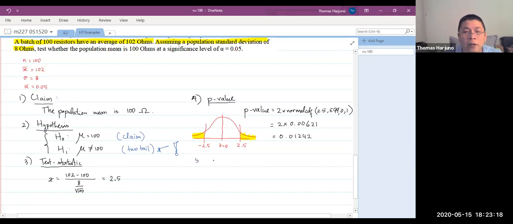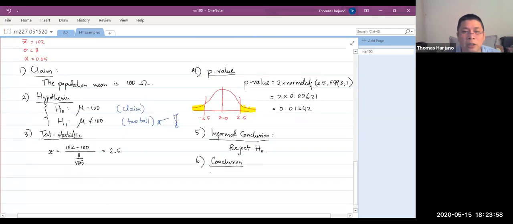Then step 5, informal conclusion. The p-value is less than the 5% significance level, so we reject the null hypothesis. Then step 6, conclusion. The conclusion is that at the 5% significance level, there is actually the sample data